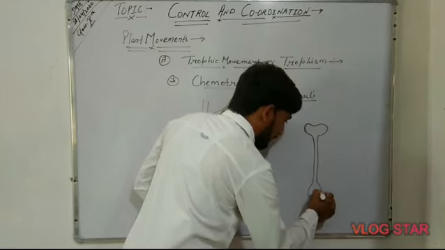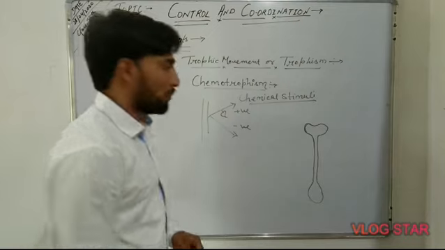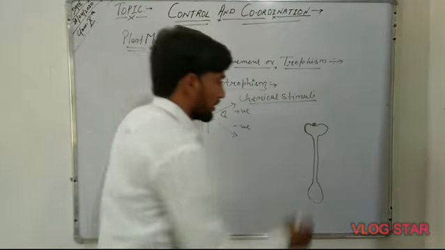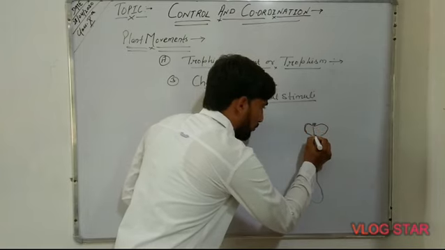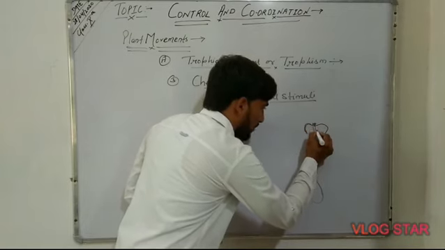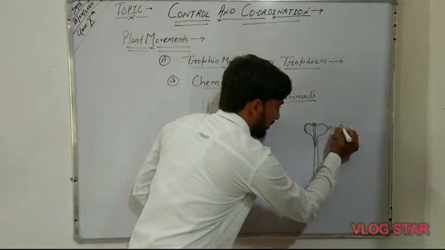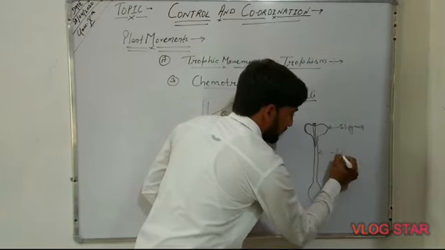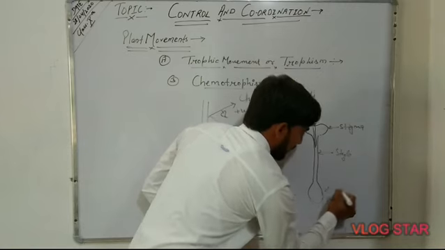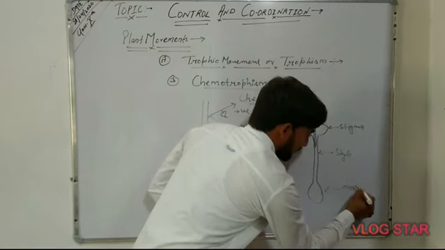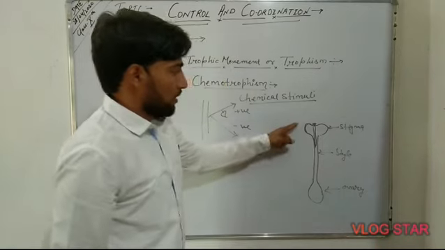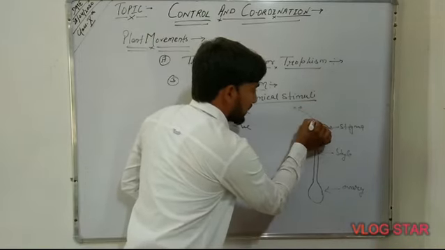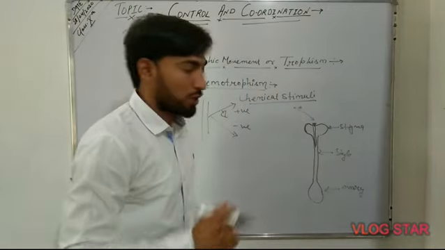So after the pollination process, when the pollen grain germinates on the surface of the stigma, the growth of the pollen tube always occurs towards the stigma and style. This is the stigma and this is the style. And this is the ovary containing the ovule or egg cell. So after the pollination process, these are the pollen grains. When they reach the surface of the stigma, that process is known as pollination.